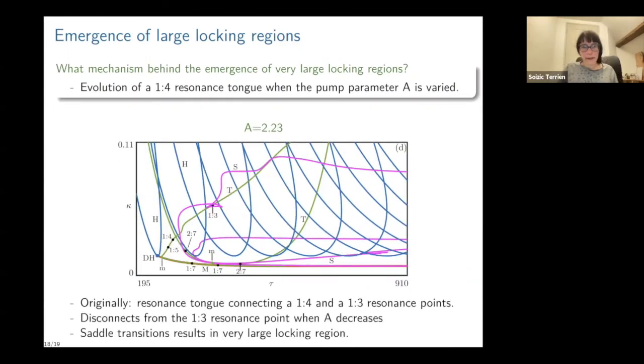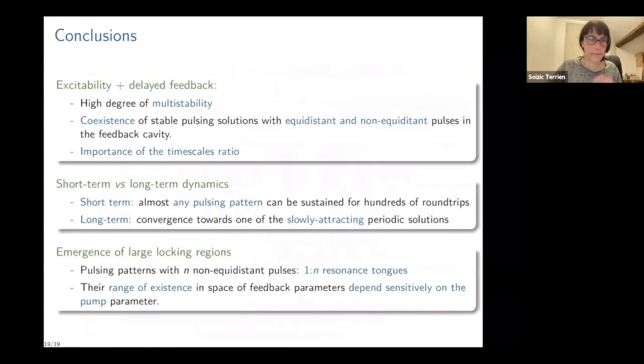So finally, what we see here is that in this system, an originally small resonance tongue coming from a 1,4 resonance point undergoes different saddle transitions and transformations and results in a very large locking region, which means that we can practically observe the locked periodic solutions. And as a conclusion,